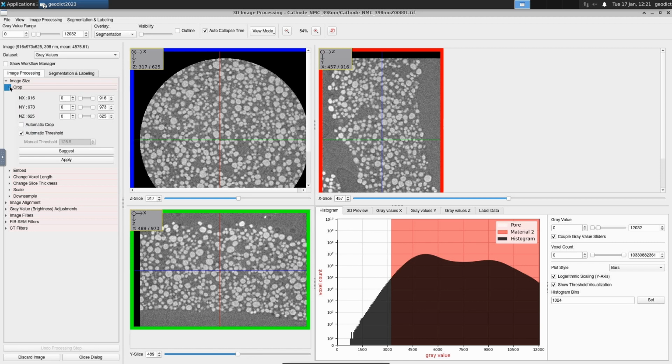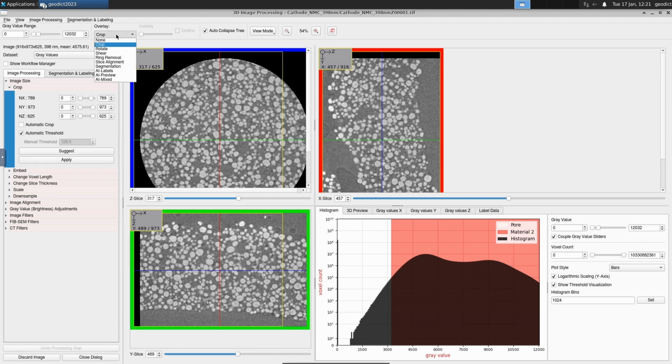And in there, we could directly use the voxel numbers to crop the structure, or the slider. So if you move the slider, I can directly see that there is a yellow line moving, or a yellow rectangle, which shows which part of the structure is cropped out. You can also see that the overlay up here changes from segmentation to crop.